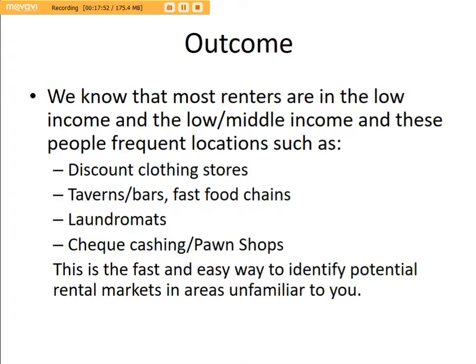So this is a very fast and easy way to identify a potential rental market in areas that are unfamiliar to you. What I mean here is that you're shopping for a property, but you're not familiar with the city or the town. Just quickly take a drive around. Identify, oh, here's a discount clothing store. Here's several taverns and bars in a row, and there's a bunch of fast food chains. The likelihood is that those